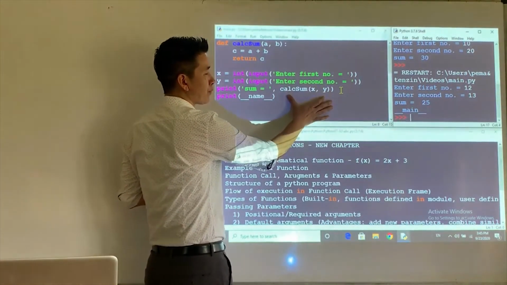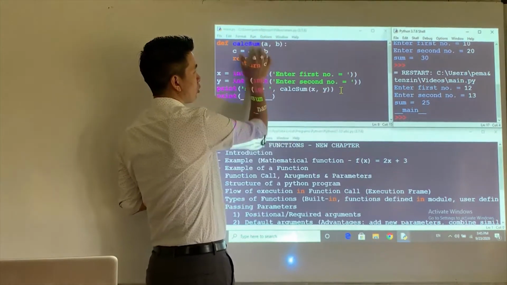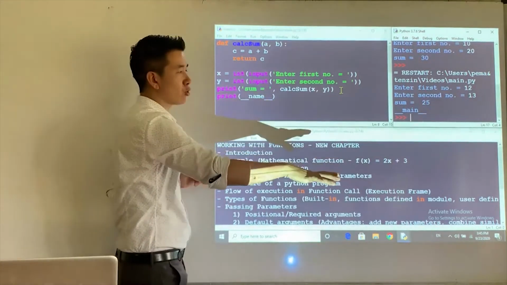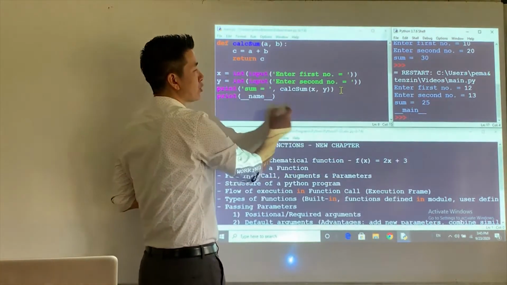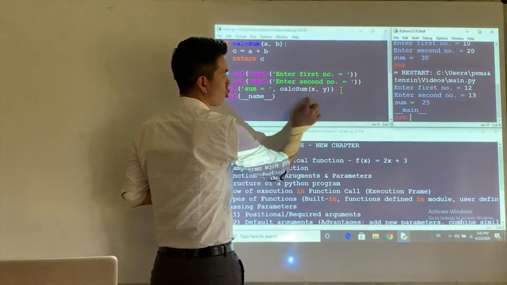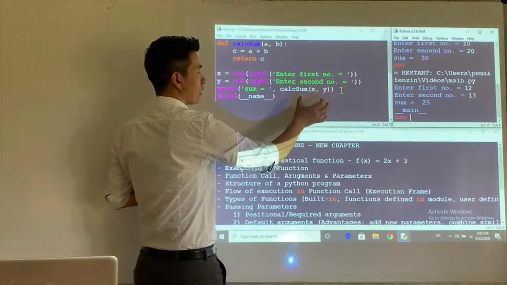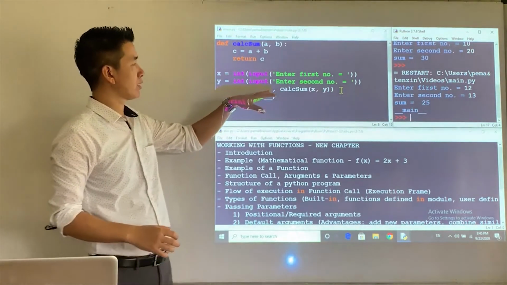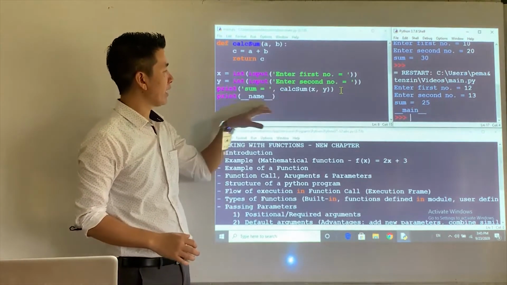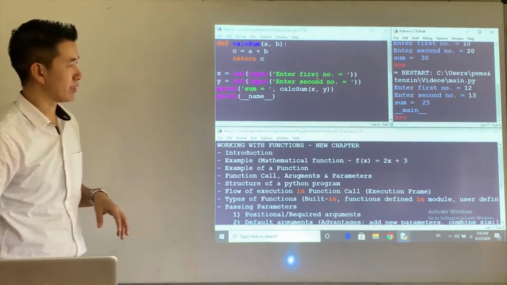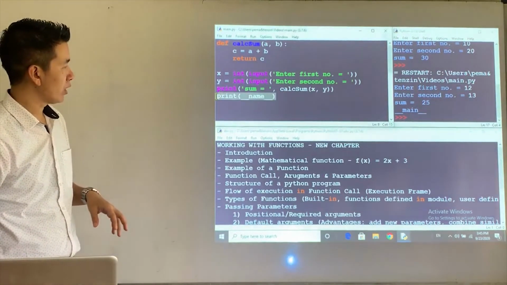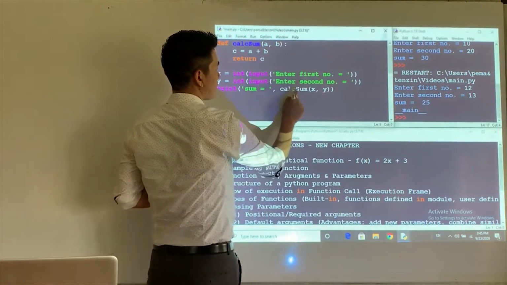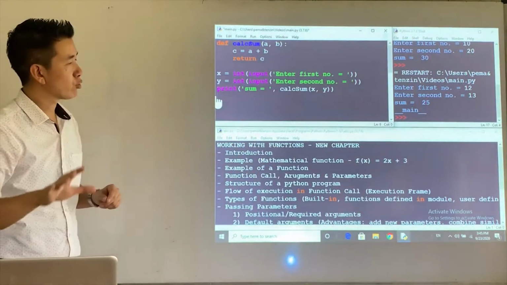From here, the control jumps to the function definition. The return keyword will send a value back to the function call, and that returned value will replace the very function call. Since it's used in a statement, that statement will do what is intended. It will print, and then finally, you have the last statement. So we don't have this actually. So if the statements are numbered as 1, 2, 3, 4, 5, 6, the order of execution of the program will be